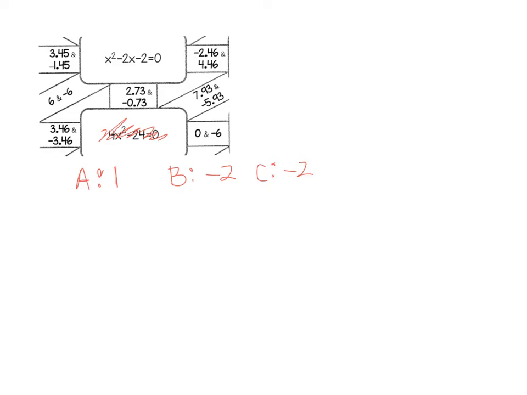So we got negative b, that's going to be positive 2, plus or minus the square root of b squared, which is going to be positive 4, minus 4 times a times c, which is negative 2, whole thing over 2a, which is going to be 2. So we got 4 times negative 4 times 1 times negative 2 is going to be positive 8. So that looks like 2 plus or minus the square root of